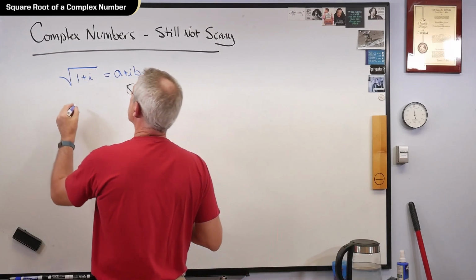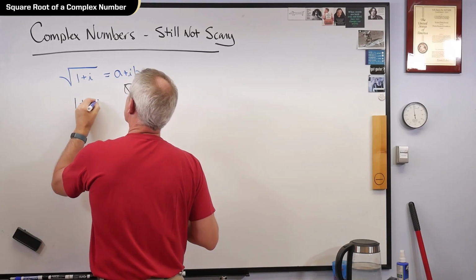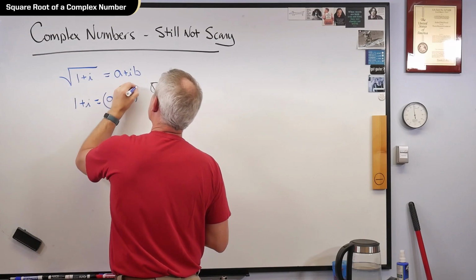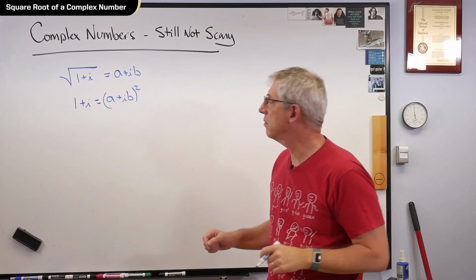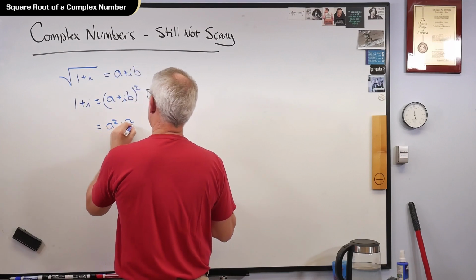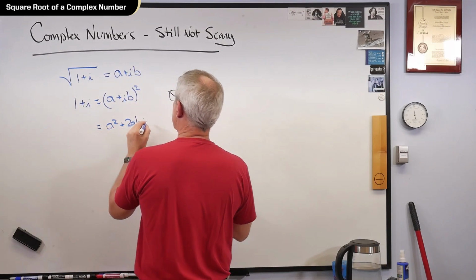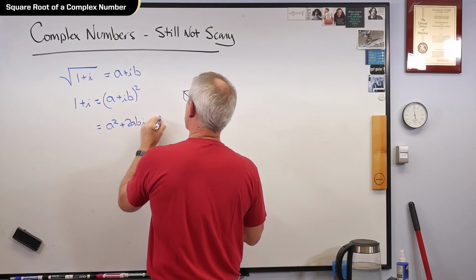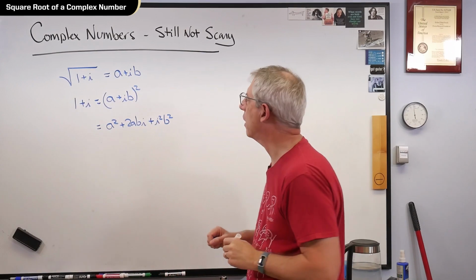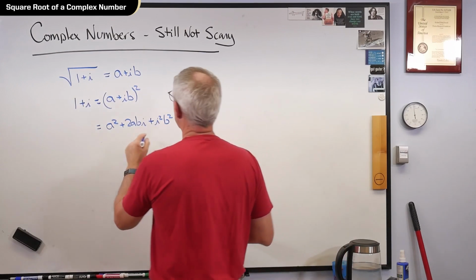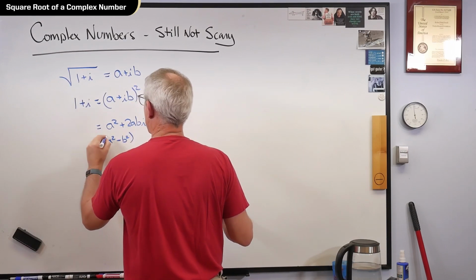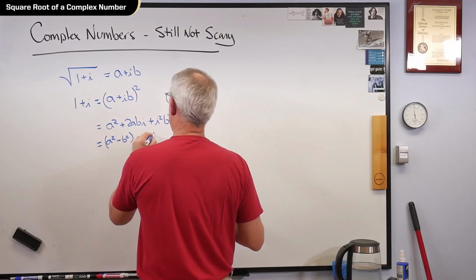Now, let's see. What if I took the square of both sides? Okay. I think you might be able to see where this is headed. All right, okay, that's looking good. So that must be, let's see, a squared plus 2ab i minus i squared b squared. I'm sorry, plus i squared b squared. There we go. I'm getting ahead of myself. Well, i squared is minus 1, so that's a squared minus b squared plus 2ab